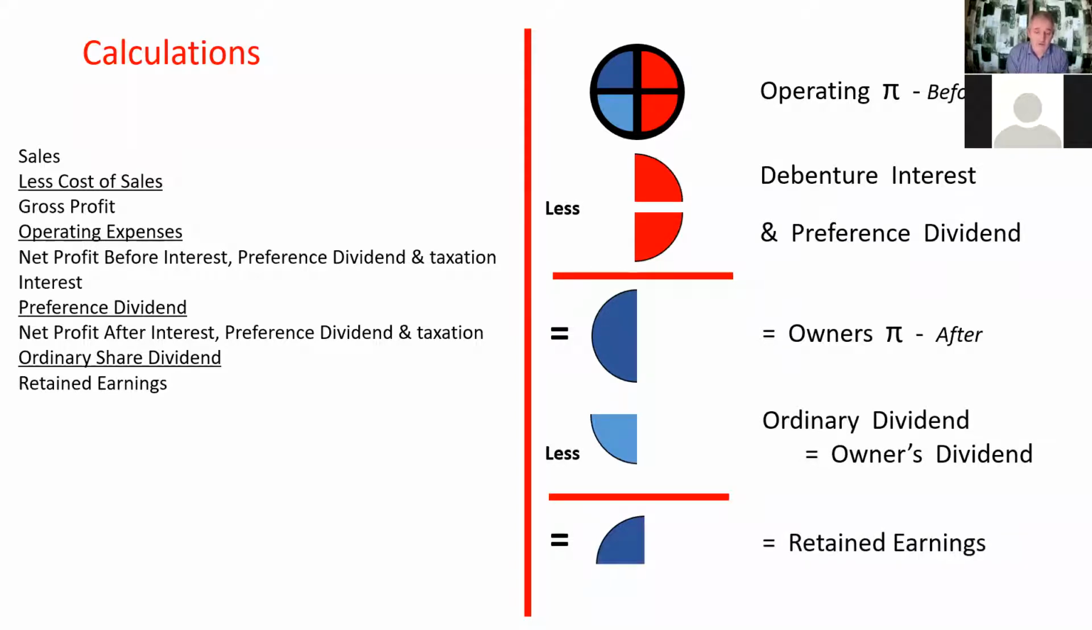So I was at an in-service at DCU once, and we were talking to the people doing it, and sales less cost of sales is gross profit less operating expenses is operating profit. And of course, operating profit is exactly the same thing as net profit before interest, preference dividend, and taxation. I think we all start off using this term because this is the term that's in all the textbooks that we've been using. But since they changed the question back in 2001,